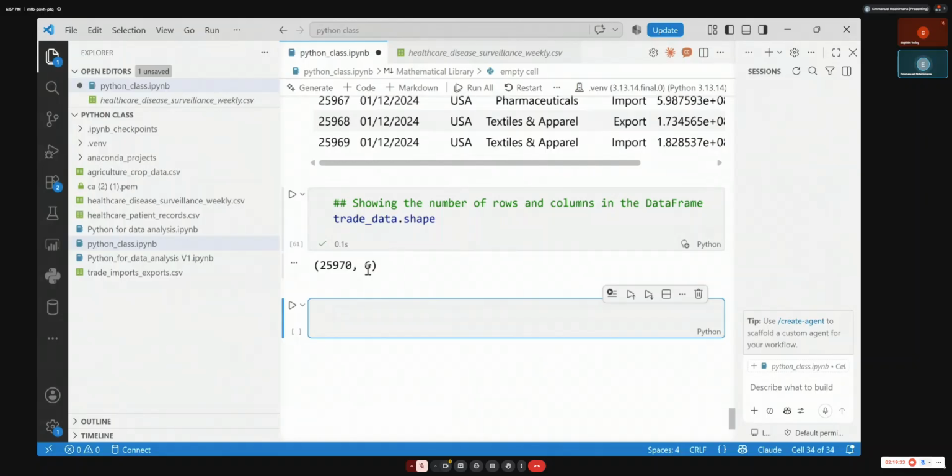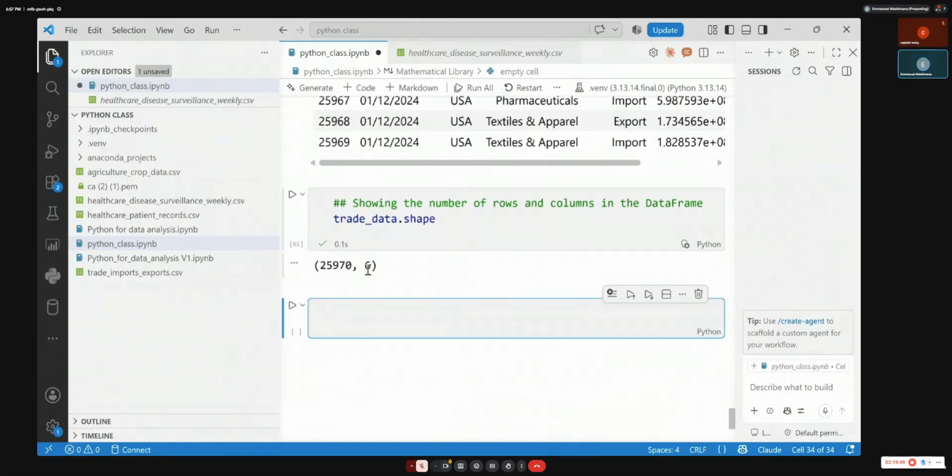Show the size, the number of rows. Do tab, not enter.